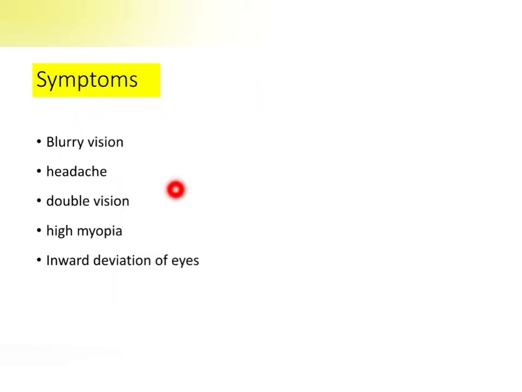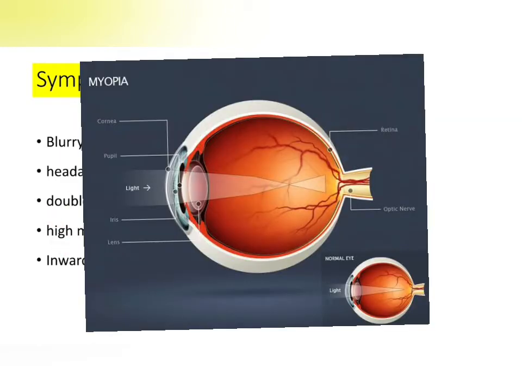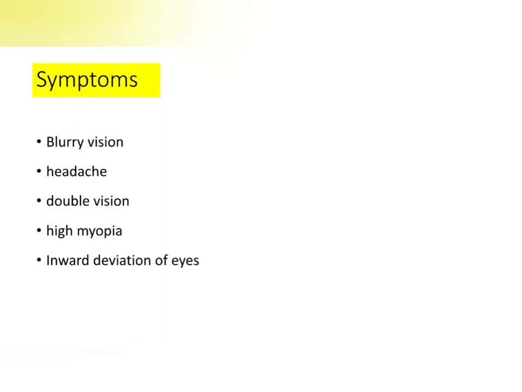Symptoms include blurry vision, headache, double vision, high myopia, or inward deviation of the eye. So here, why did I include high myopia? Because I told you earlier that in accommodative spasm, the lens remains in the accommodative state for distant objects also, because the lens is not able to relax for distant objects. So the lens remains in the accommodative state. So due to this,